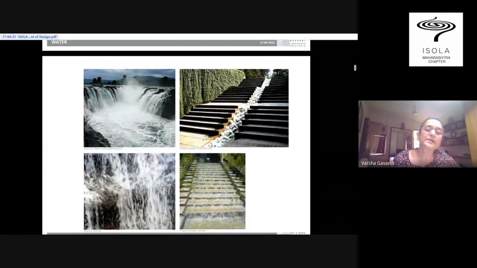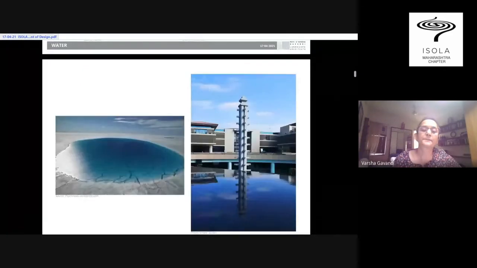So what I have tried to do is, generally there are pictures which are borrowed pictures, either from others' projects or from nature. And then some of the pictures are from our works. I will not talk specifically about those works, but I think the inspirations are basically from nature and from other works.